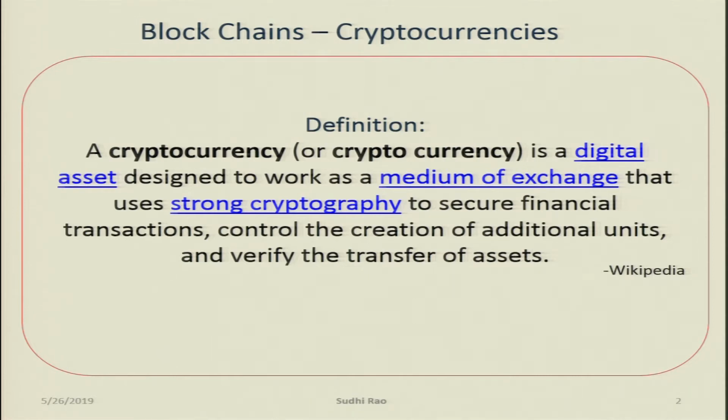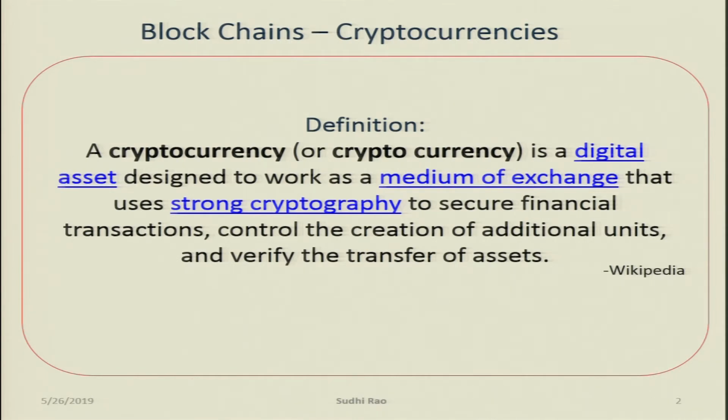That is, money supply. Economists would explain to us that money supply has to keep up to match the economic activity. Otherwise, we will end up with what they call deflation. On the other hand, if money supply increases more than economic activity, what would they call it? Inflation. So, to avoid deflation, the cryptocurrency controls the creation of additional units. More and more cryptocurrency is issued to match the amount of activity. In real life, the money supply, the amount of notes that are printed and coins that are minted, is controlled by a central bank. Here we will see that the underlying blockchain and consensus algorithm ensures that,